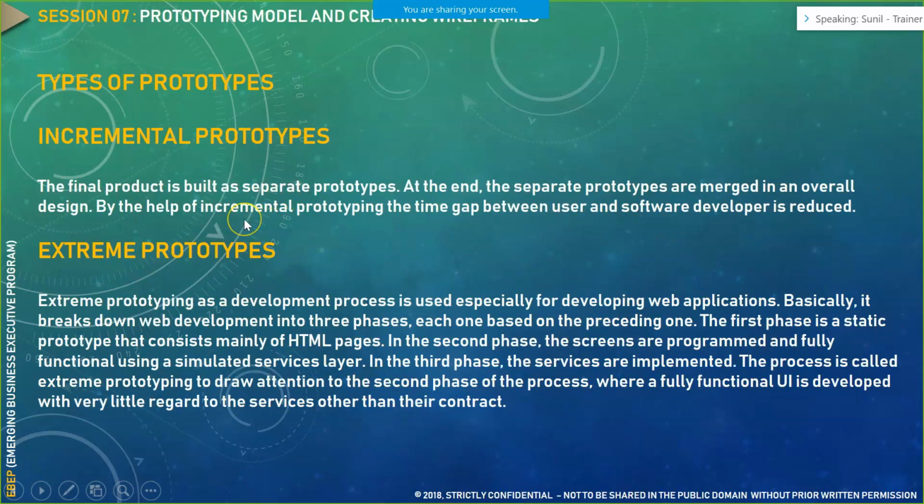Then comes the incremental prototype. Now when we are doing this prototype cycle by cycle, let's say in an agile project you are doing a prototyping of a particular screen. So after every increment, the screen tends to change because new functionality is incorporated in that particular screen, or new modification has been made in that particular screen. So in that context, those kind of incremental changes to the prototype are termed as incremental prototype.